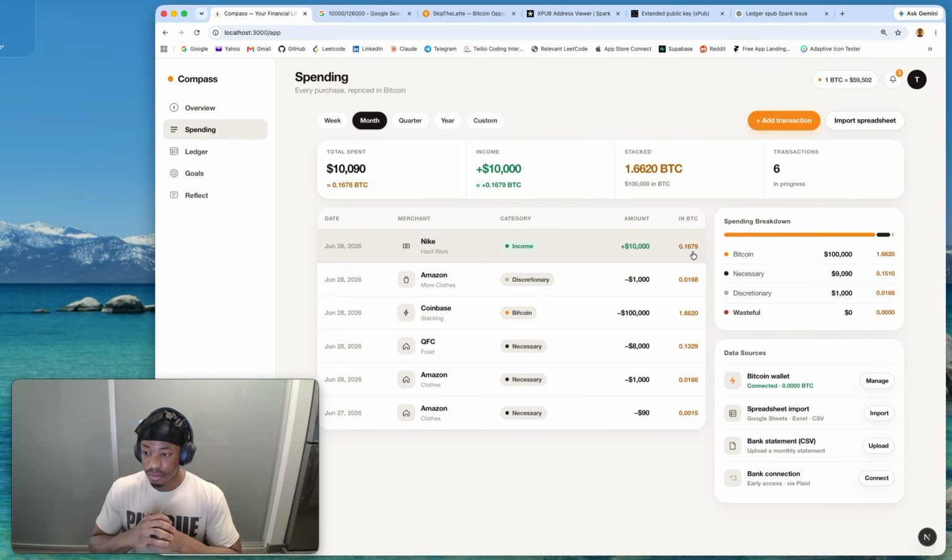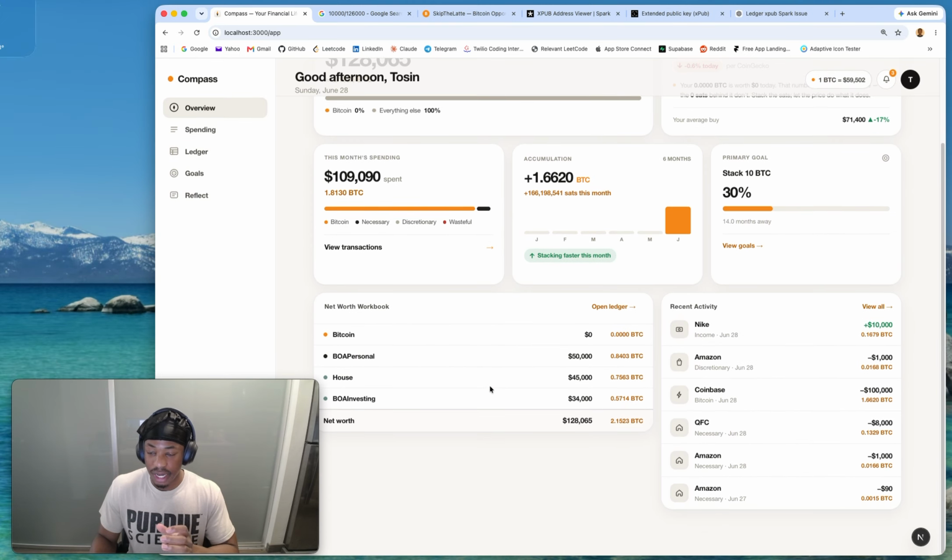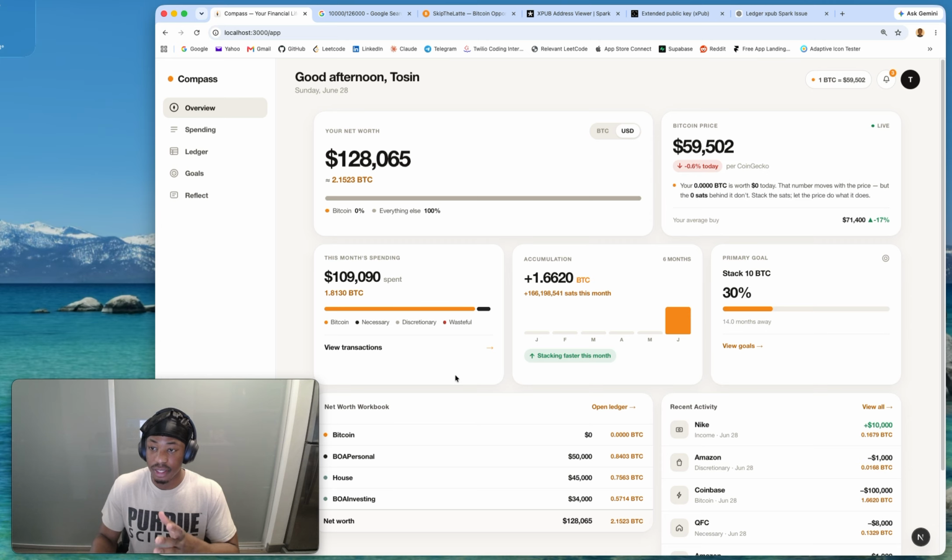Yeah. Again, this app is going to be available on web app and mobile. I hope this demo showcases how I'm thinking in terms of presenting this to people and them being able to take control of their finances more. I'm saving it for later because I'm still working on it. But there's going to be a goal section too where you can start to visually see your goals as well. There's also going to be a mobile app. I got my phone. You'll be able to see it on your mobile as well, and you'll also be able to sync your Bitcoin wallet